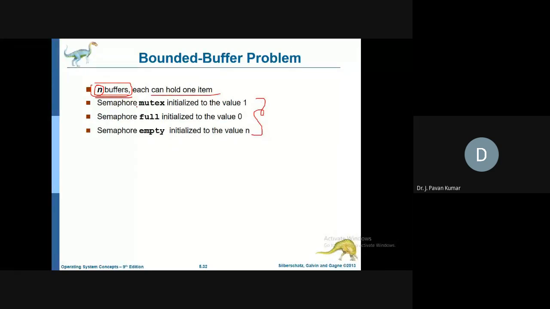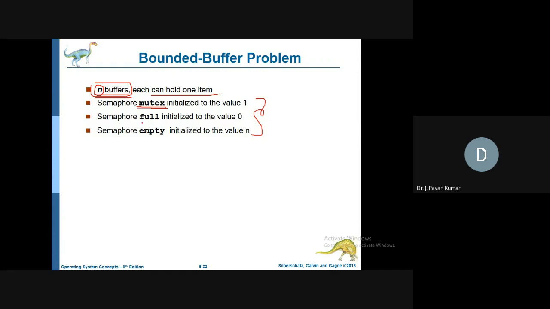One is mutex. The name itself indicates it is used to maintain mutual exclusion. In the entire process of utilizing this bounded buffer, we will be using a variable called mutex to maintain mutual exclusion to access this bounded buffer.